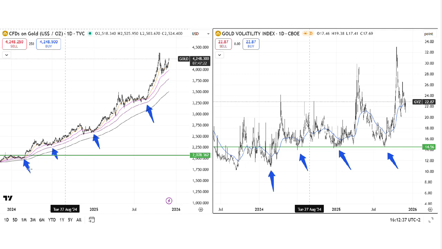The blue arrows are pointing to some of the lowest points at each leg as we've gone higher. These correspond quite strongly with the volatility index. As you can see, all the low points in the past have coincided with the points of the breakouts. So here is the very first point when the initial breakout happened,